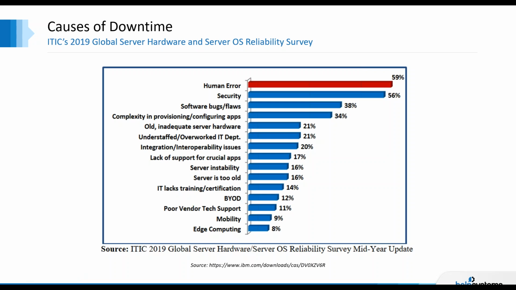Complexity and configuration. We see this a lot. People have put together very complex systems, either hardware or software, and now somebody comes in along maybe 5 years later and needs to tweak something. It's easy to make a mistake. Somebody made a decision to keep old and inadequate hardware in place or unsupported software. Of course, we see that in our business, and so that can definitely be a source of downtime. Understaffed IT, boy, do we hear about this all the time, and it really screams for the need to put some automation in place to backfill some of those slim resources.